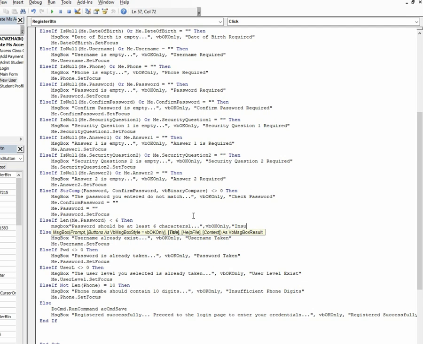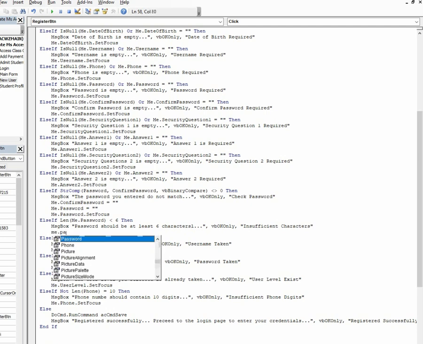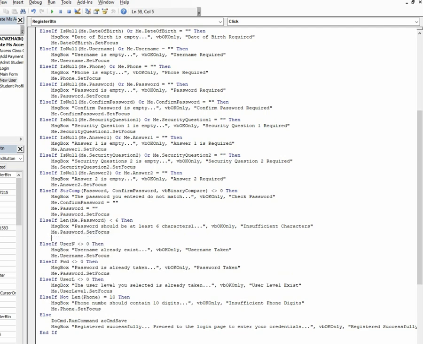So this one is going to be insufficient characters. Main.password.SetFocus. Else if len, like this one. Okay, we can put this code in there after update so that immediately we do it, it will not wait